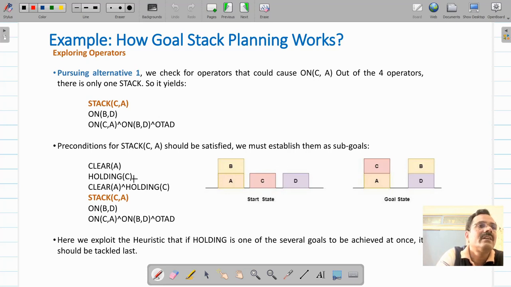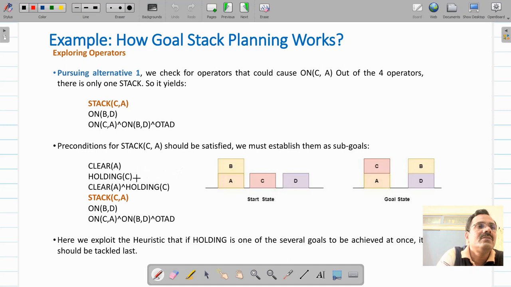So although it looks like the easiest operation in the current situation, you should always keep this holding operation at the end. Give it the lowest priority because holding is related with the robot arm, and this holding operation is required every now and then to perform other operations.